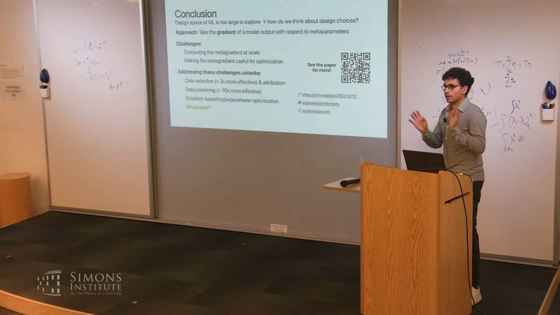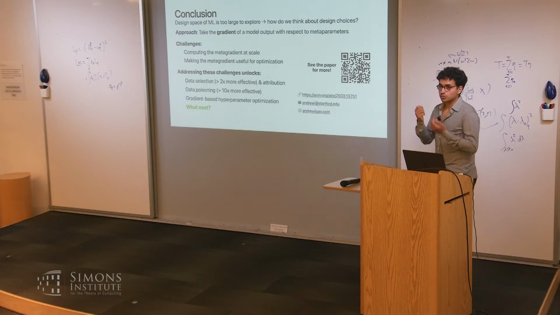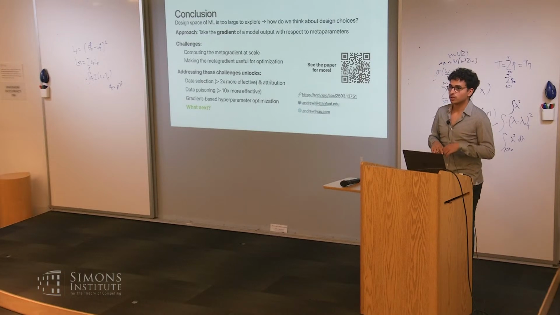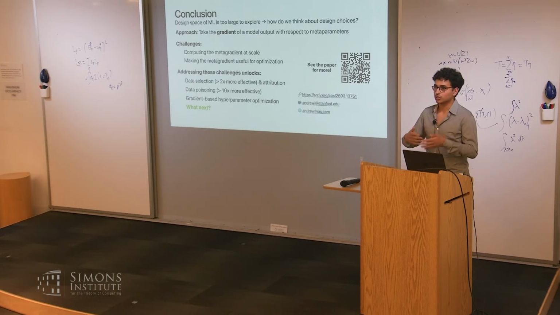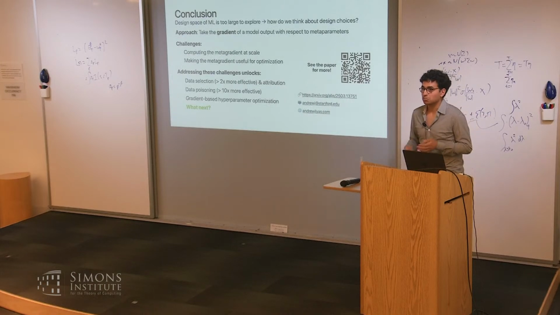And going even further, instead of optimizing over specific data points, you could imagine optimizing the parameters of a policy to select data, right? And then you don't need to apply it to your whole data set. You can just train it on one training set and try to apply it to another.